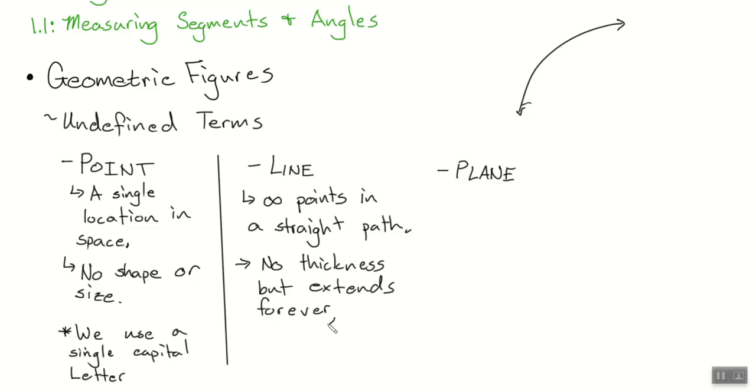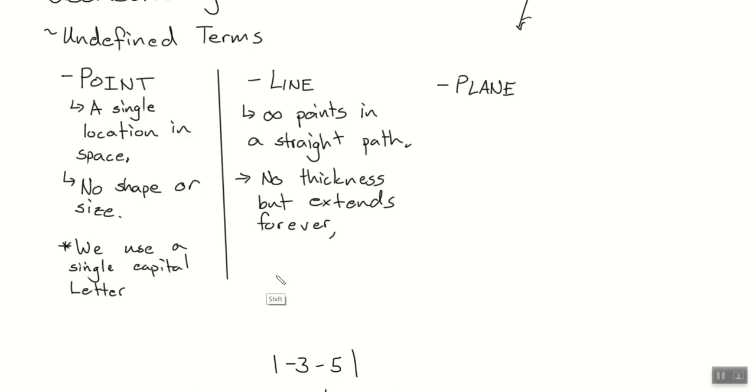To write these, we use a single capital letter for a point, right? Okay, so underneath, we're going to draw a line, and I'll draw my best representation of a line, and we'll see how to name this. So I want 2 points is what I need to name it. Any 2 points to put on this line.